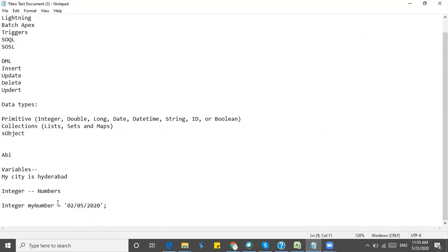Here it will accept only numbers. It will not accept any string. If I give a name like Abhi into an integer data type, then it will not accept it. Salesforce will throw an error.